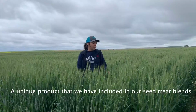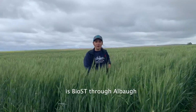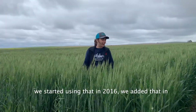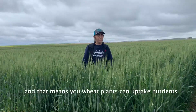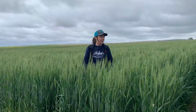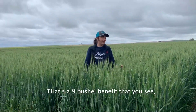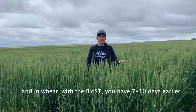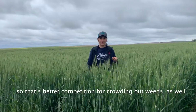A unique product that we have included in our seed treat blends is BioST through Alba. This is the fourth year that we've had that. We started using that in 2016. We added that in. It has a little bit quicker emergence, better root development, and that means your wheat plants can uptake nutrients more efficiently. There's a yield benefit. I don't know what the numbers specifically are in wheat, but in corn, when the BioST is added in, that's a nine-bushel benefit that you see, so it is significant. And in wheat, with the BioST, you have seven to ten days earlier row closure, so that's better